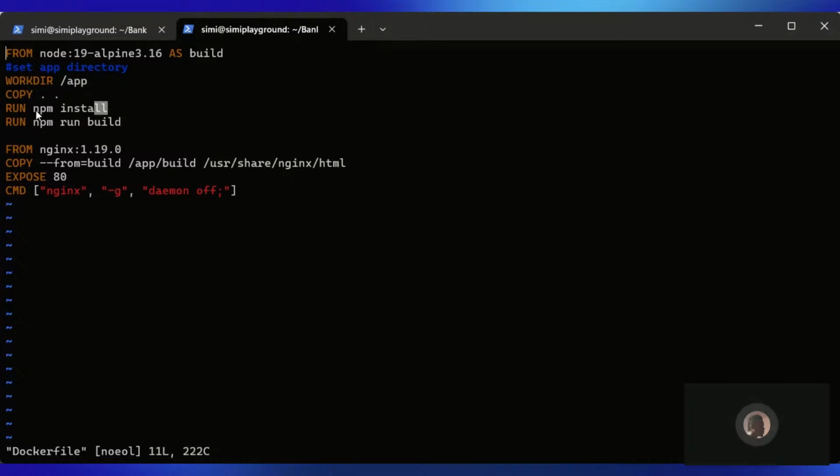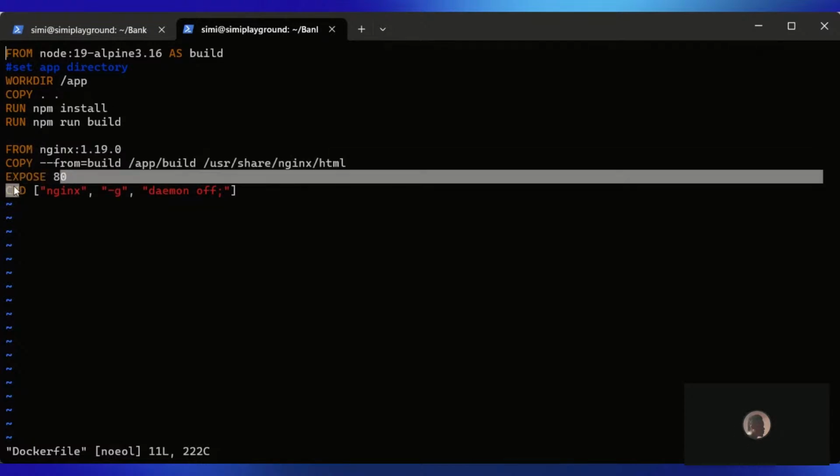So your run is to execute a command for your Docker. If you are building your Docker image, then you have your copy, then you have your expose. Your expose is to